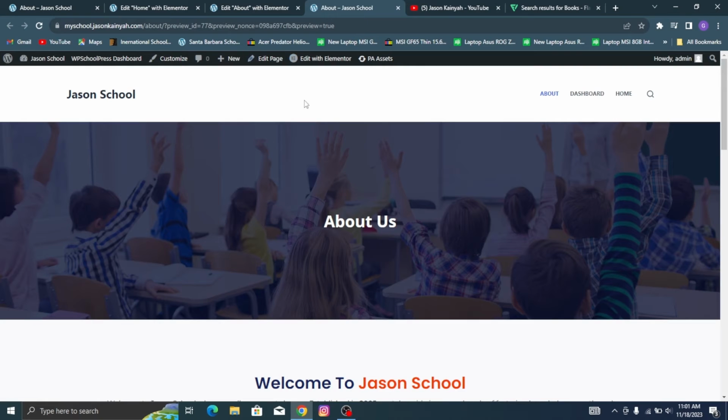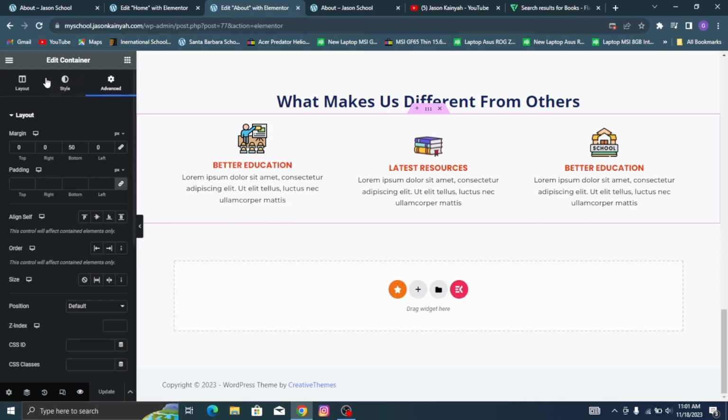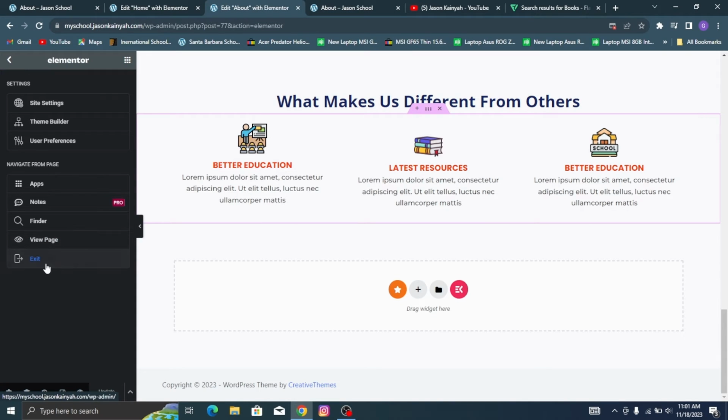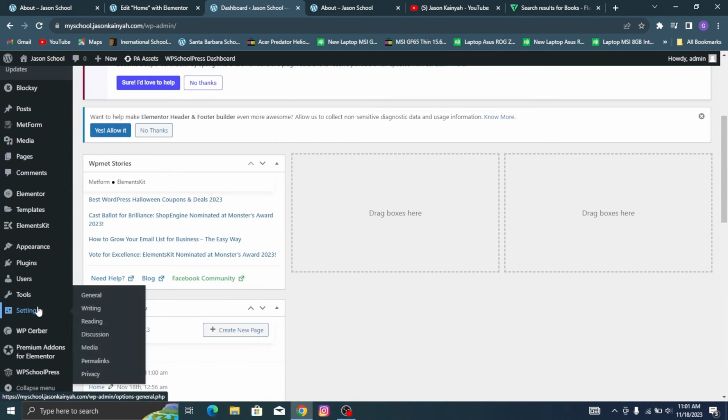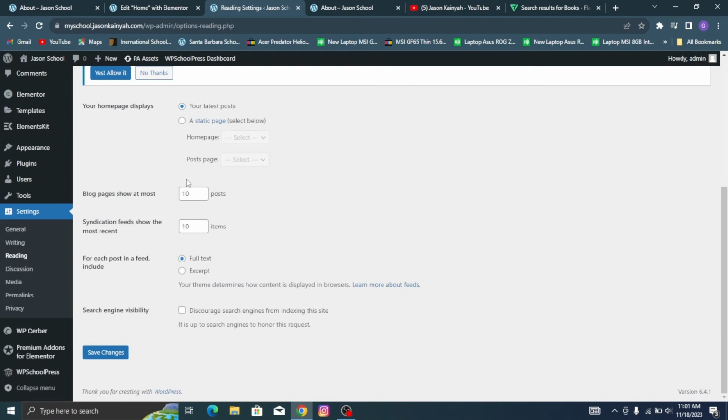But before we move on to the contact page, there's one thing which I have to show you guys that I didn't show you. We have to click on exit, go back, and then go over to settings here, and then go over to reading. We're supposed to do this at the initial part of the video, but we didn't. So your home page displays, we want you to display a page that we've created called home,